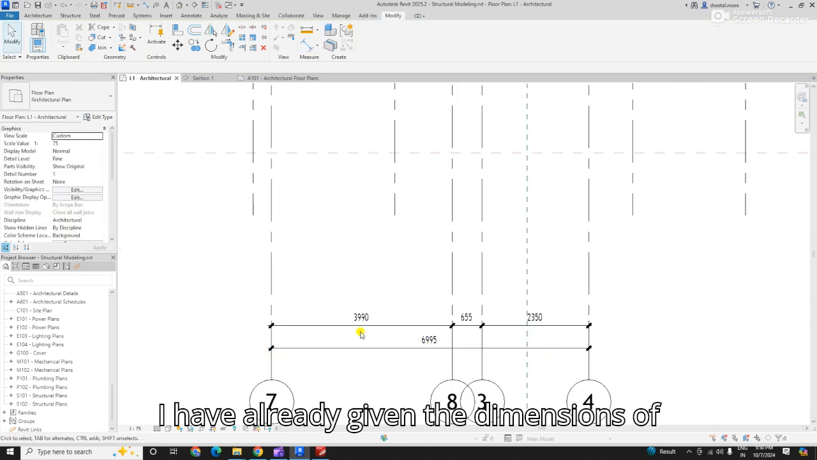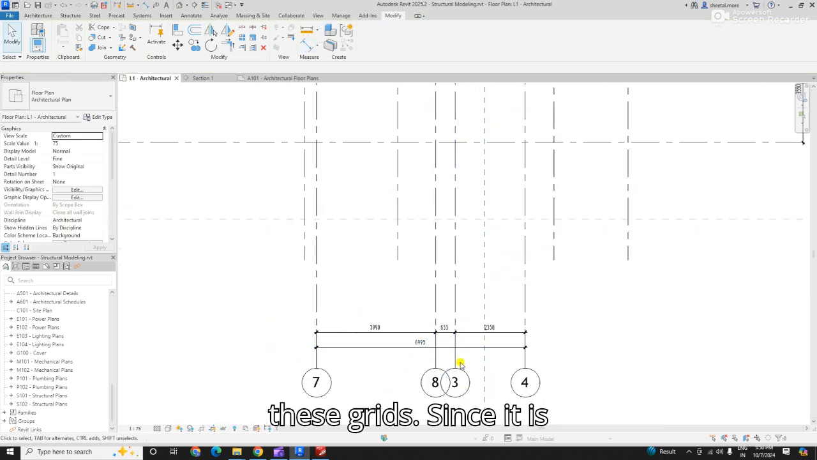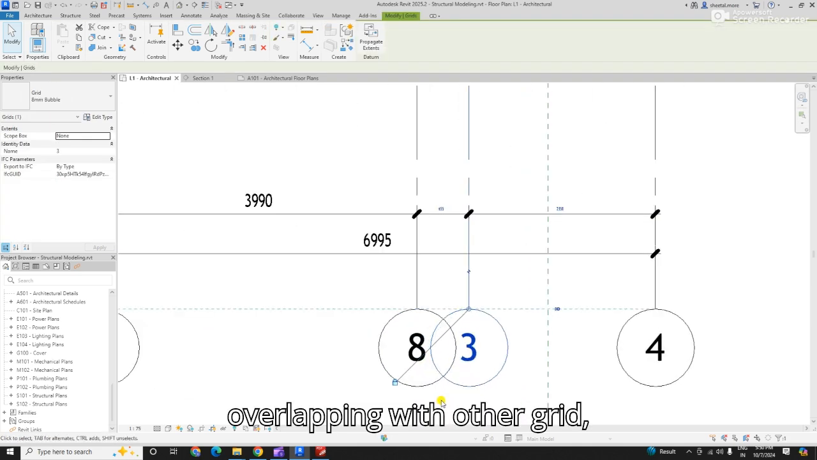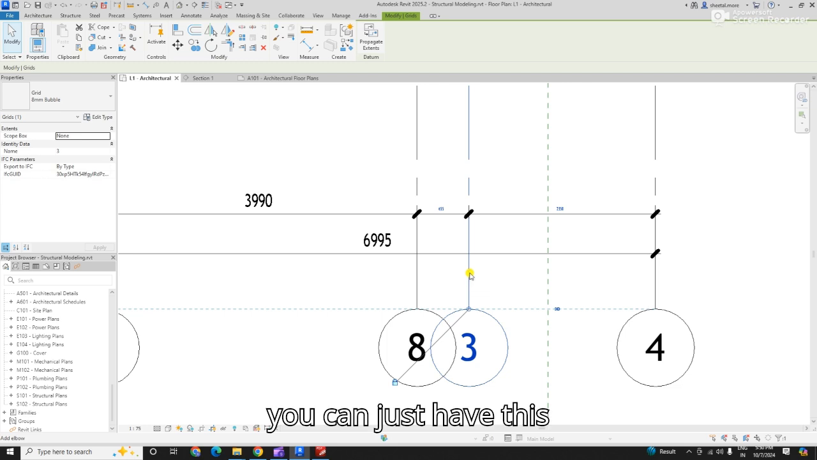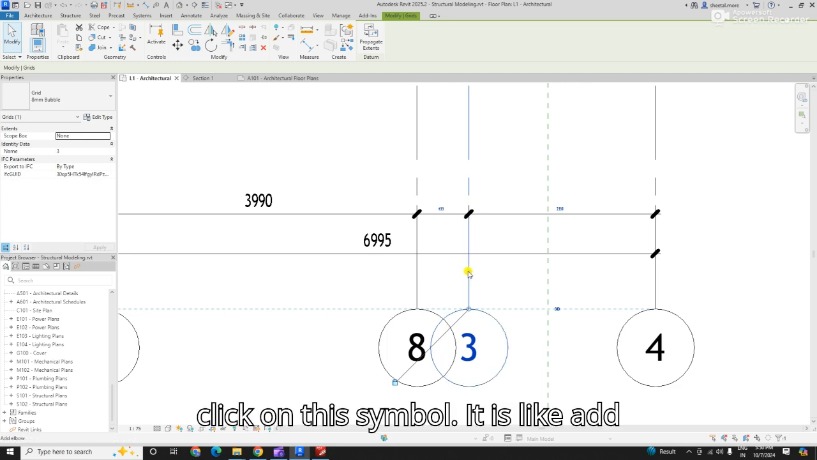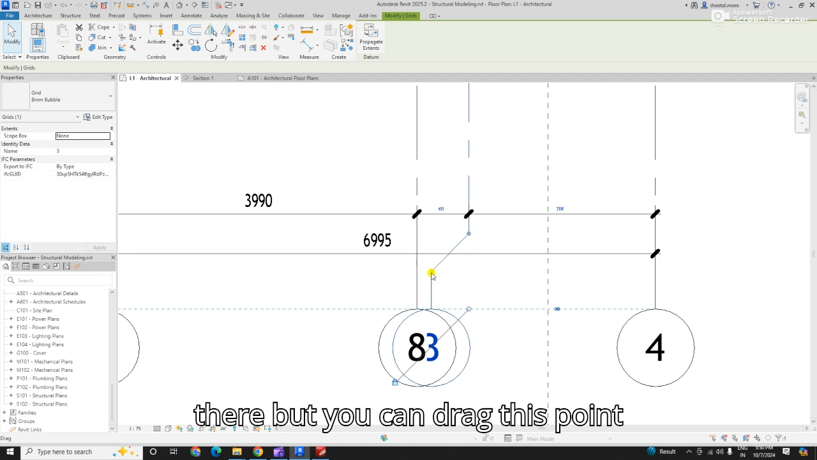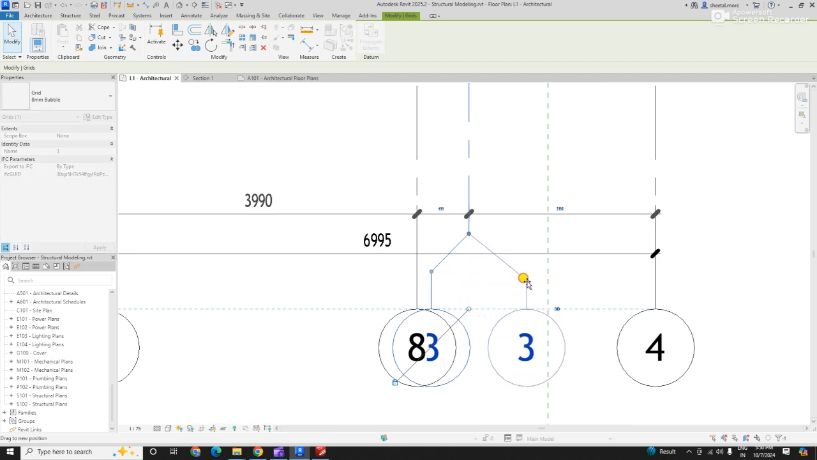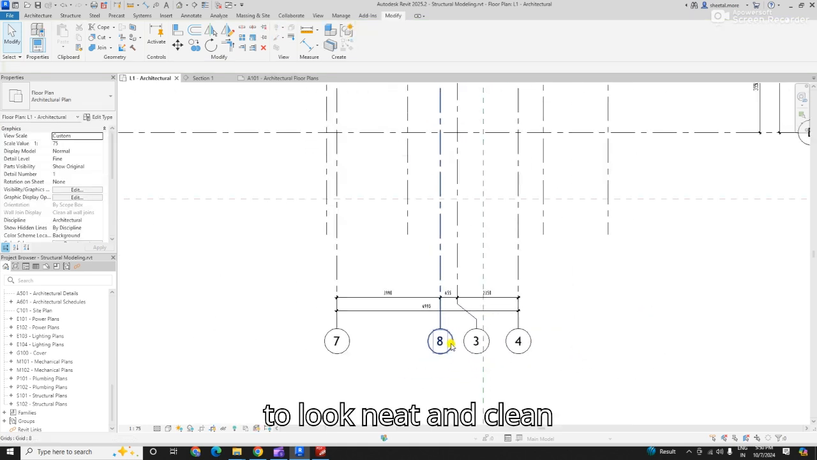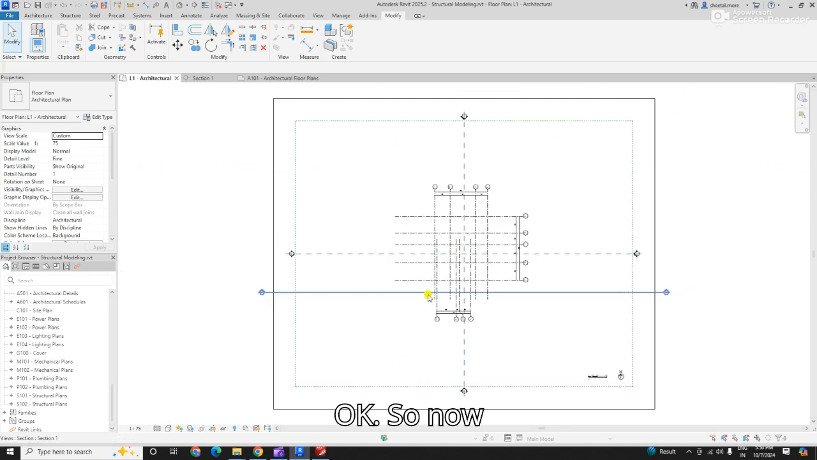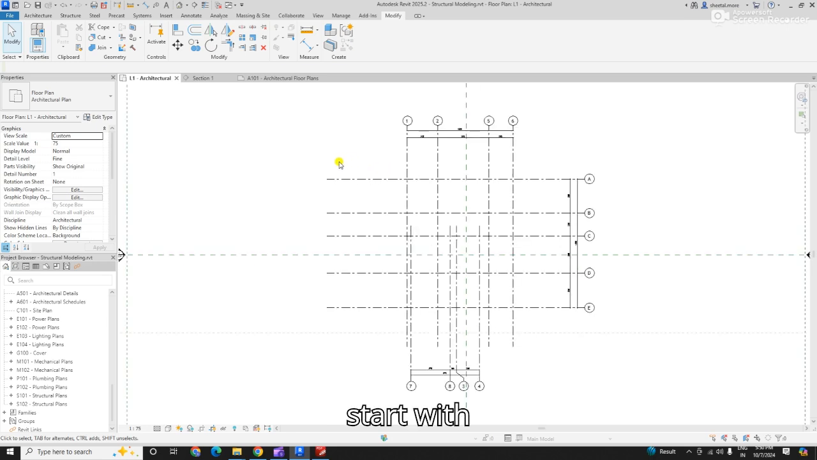I have already given the dimensions of these grids. Since it is overlapping with another grid, you can click on this symbol. It is called add elbow. It goes over there, but you can drag this point to look neat and clean. Okay, so now